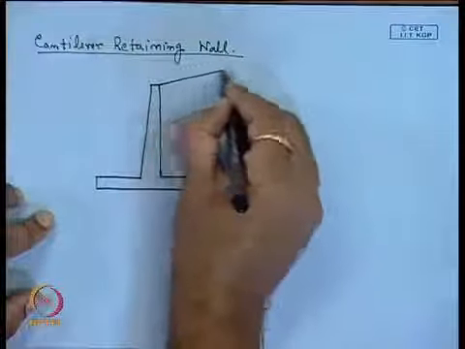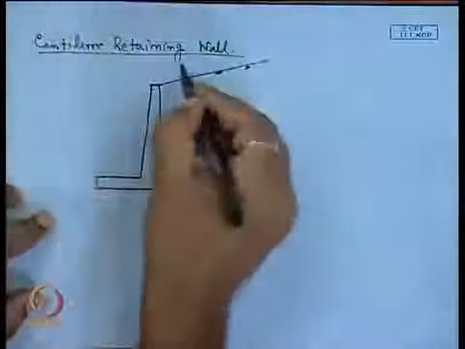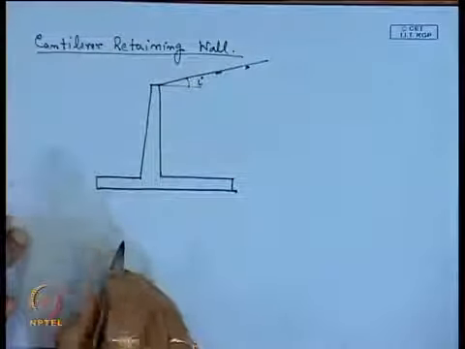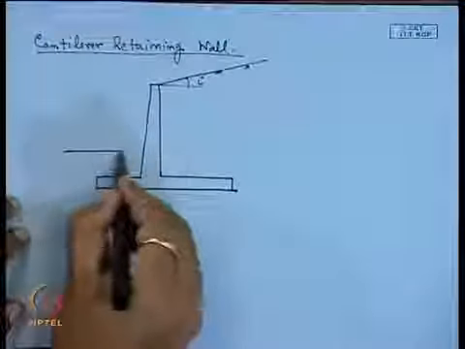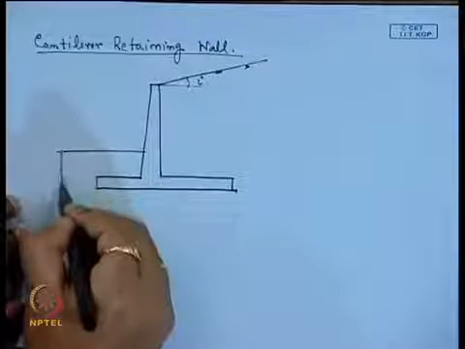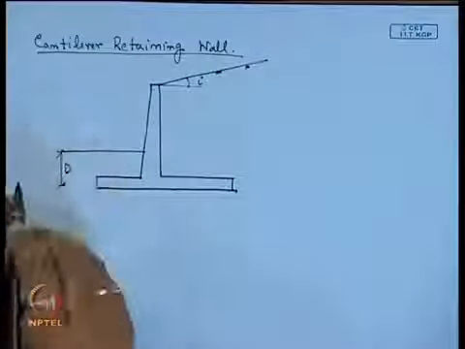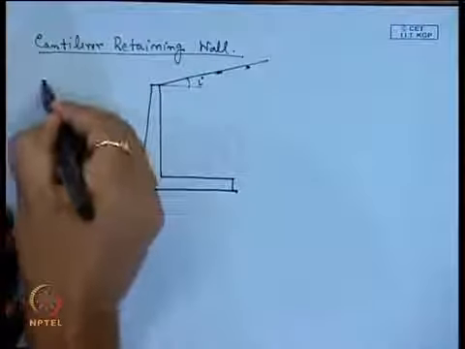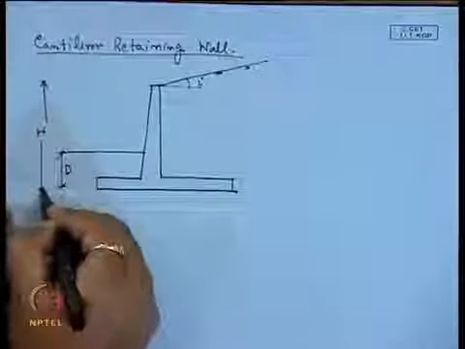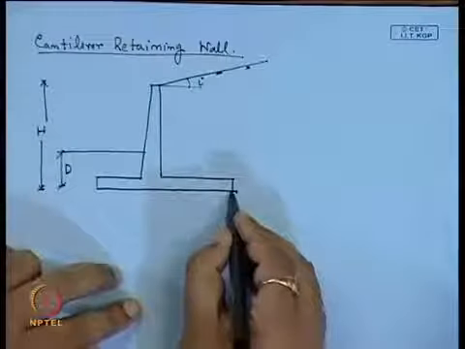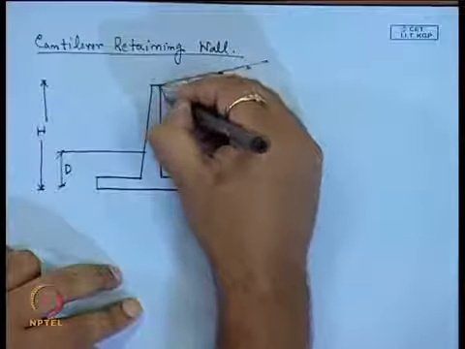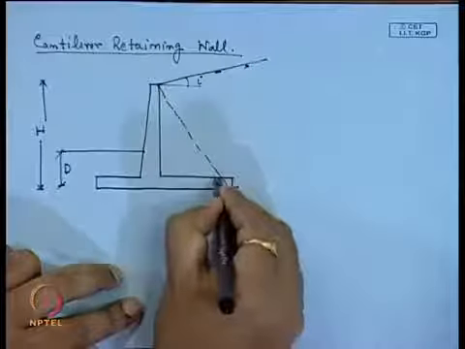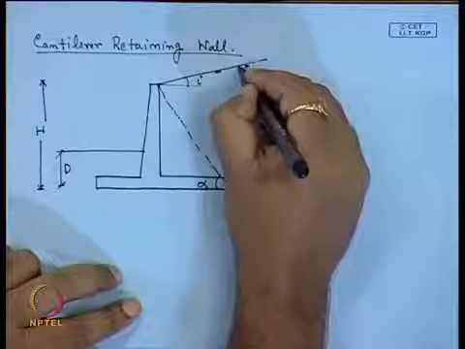So, this is the ground surface in the backfill side, which is making an angle i again. And now, this is the D, depth of the retaining wall, and this one is the H, height of the retaining wall. Now, again if I consider the Rankine expression, then if we join this line, this will give you the H, and if I join the vertical line,